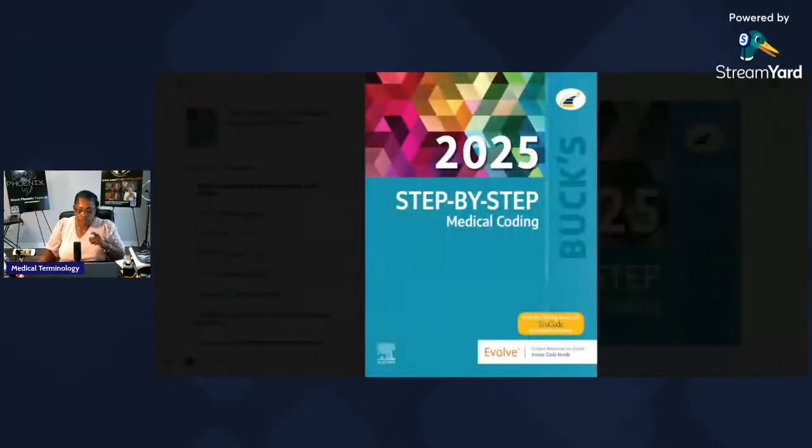So you see this book right here? Let me show you this book. This is the step-by-step book. I gotta show you this real quick. That's your step-by-step book. Every college teaches from this book. Why, Miss Lambert? Because it shows you step by step how to code. Why are you using this? Why are you using that? When we get ready to do that class, make sure y'all got plenty of these, okay? This book is made up just like the CPC guide.